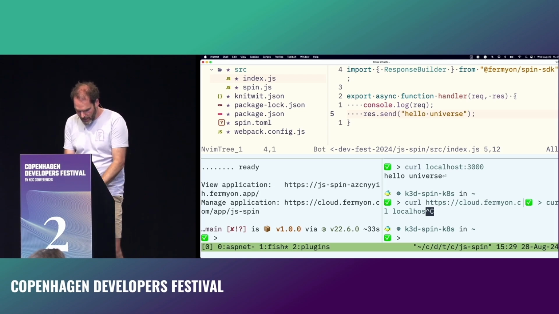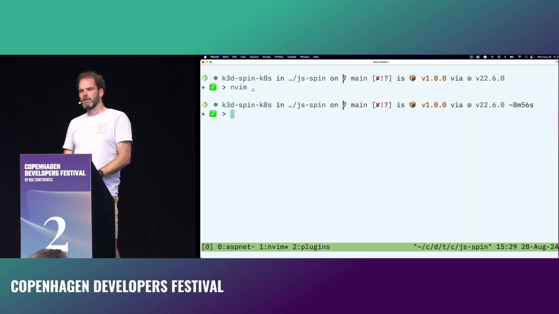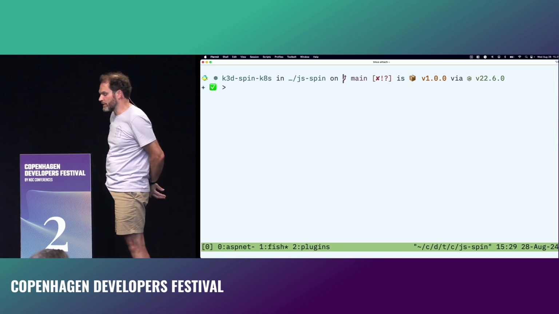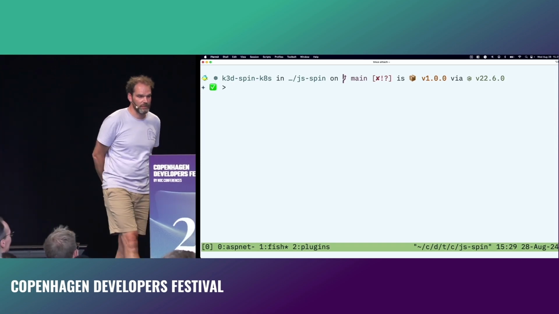Okay. Since we are at a, is it okay if I call this a .NET biased conference? Yes? Okay. We've actually done a lot of work on .NET very, very recently, and we have a bunch of very experimental stuff